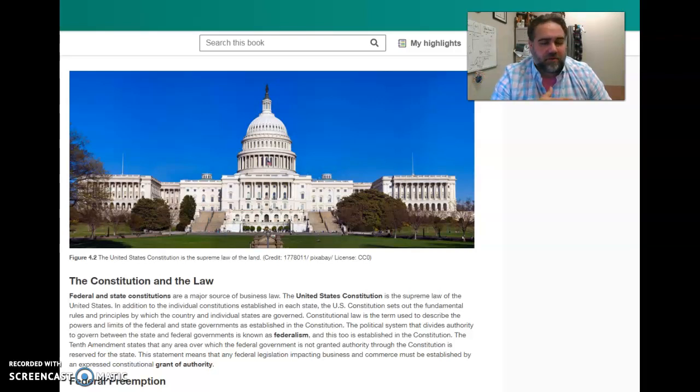People don't think about the law until they have to go to court or until something happens and they need some type of legal representation. So it's important for you to have an awareness of the law, how it works, and how it impacts you, so that when and if you have an interaction with the law, you can be on higher ground with the knowledge that you've attained here at Wayne Community.